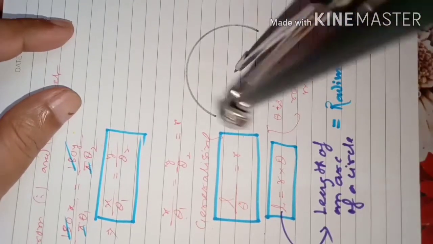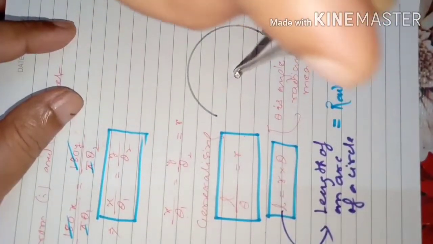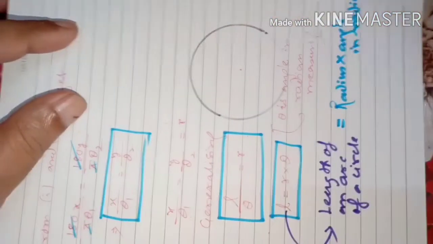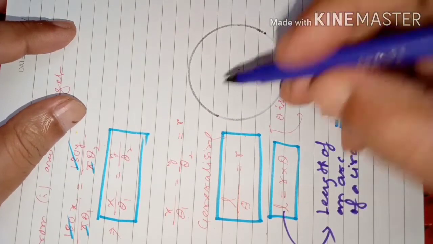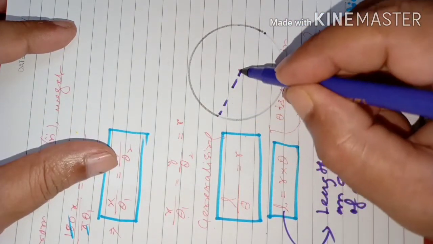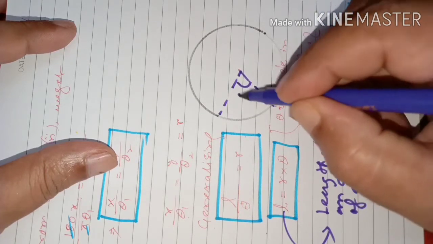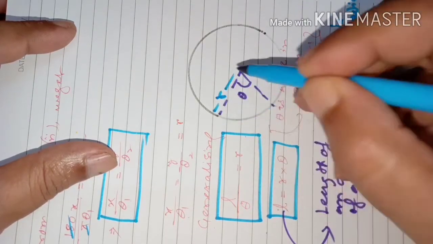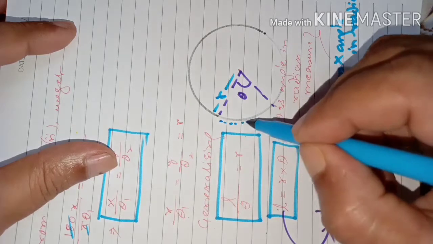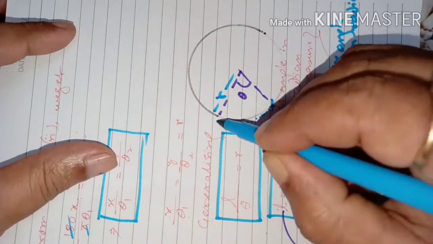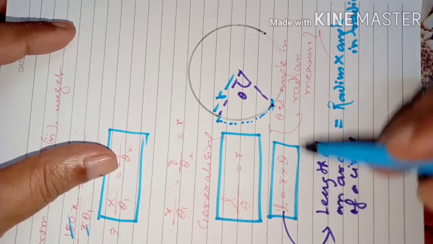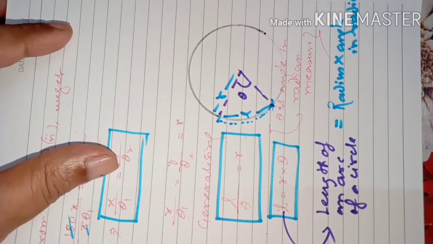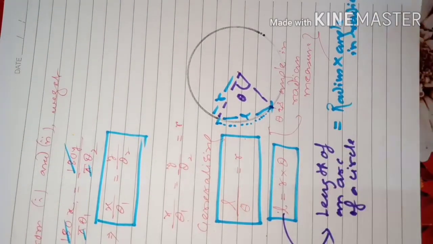This is the circle, suppose. Here is the center and the length of an arc. This is, suppose, angle theta. This is radius R. Then we talk about this part of the arc, this length, and that is calculated by this formula. This is the formula for finding this L. L is from here to here. Is it understood, students? So that is L equal to R into theta. Remember this.